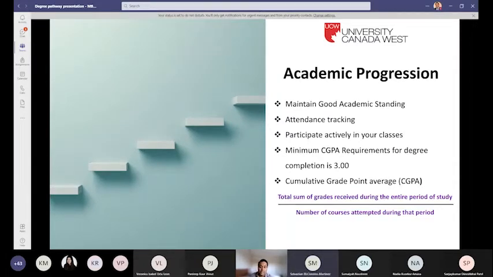So, cumulative grade point average. I always tell students to aim for the stars, and aiming for stars means that you aim for A's in your courses. That way, even if you perform poorly in one of your courses, your other courses will lift it up. So make sure you perform uniformly well across all courses. However, if you perform even better in some, those courses will always boost your CGPA.